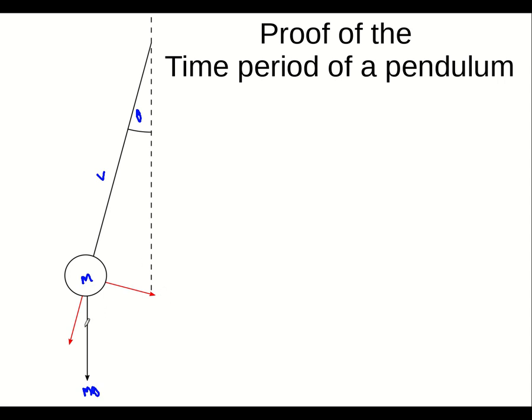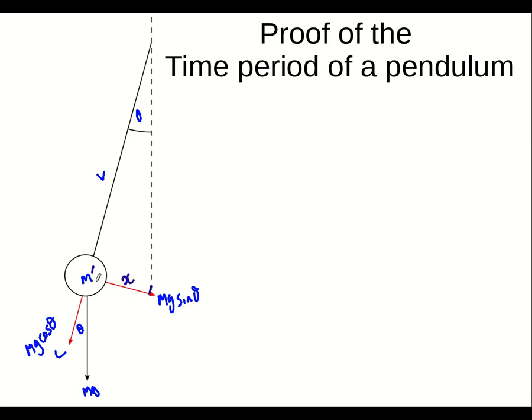So because the weight is vertical and this line is vertical, then this angle here is also theta, which means that this component is mg cos theta, and this component is mg sine theta. And we're going to call this displacement from the equilibrium